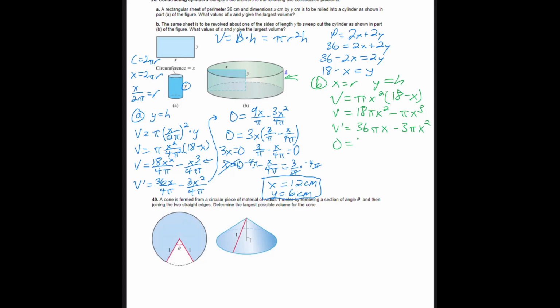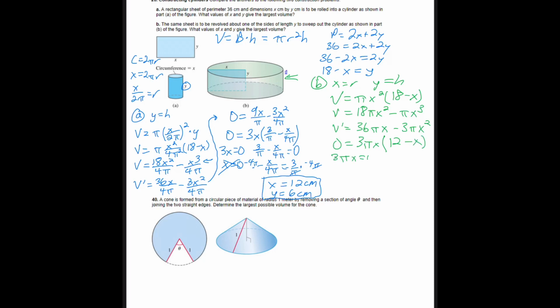So the derivative v prime is 36 pi x minus 3 pi x squared. Set it equal to 0. And we can solve. So factor out an x, 3x. So 3x times 12 pi. Actually, let's do this a little easier even. I can take out a 3 pi x. So 3 pi x, which,